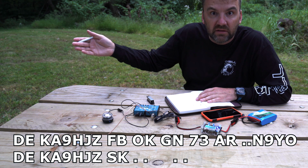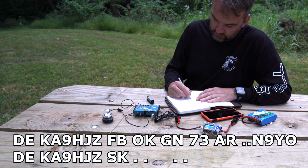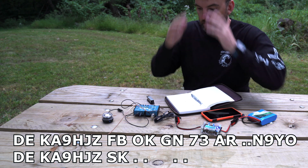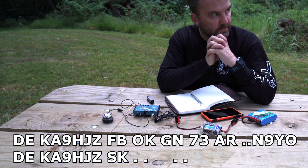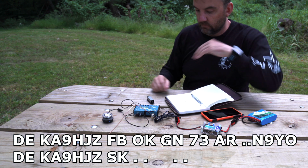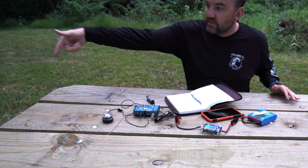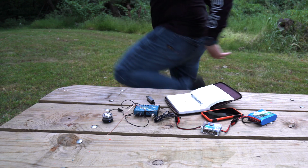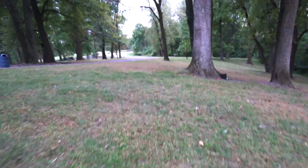My antenna fell down, and it's still working. Oh my God, that sounded so good. My antenna fell on the ground, let me show you, and it still works just perfectly. I don't know why I lost tension over here. The antenna fell on the ground just like that, and the rest of the QSO worked just as good as it did before,